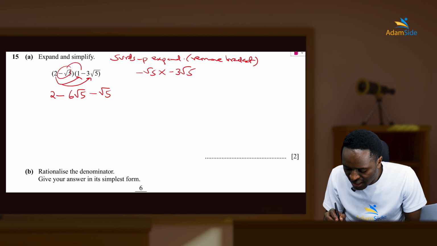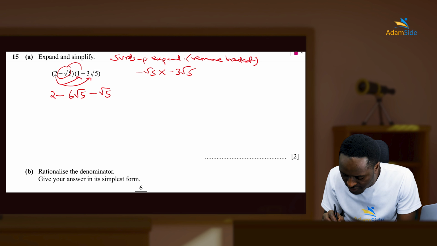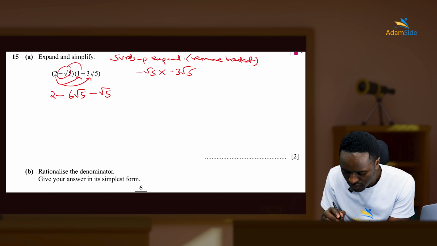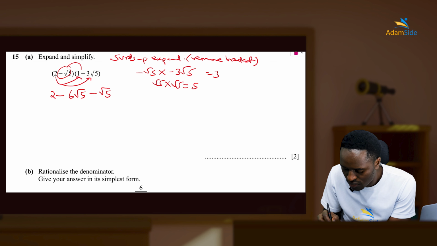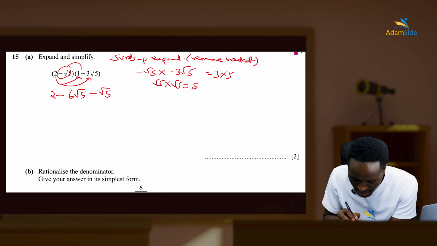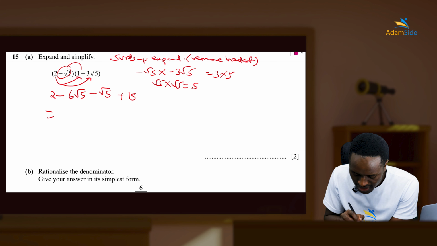So negative 5, so root 5 times root 5, negative times negative is positive. So negative 1 times negative 3 is 3. And then root 5 times root 5 is 5. So times 5 you get 15. So you get plus 15. Then our answer here will be